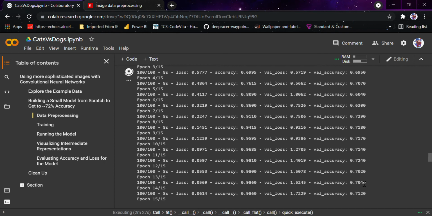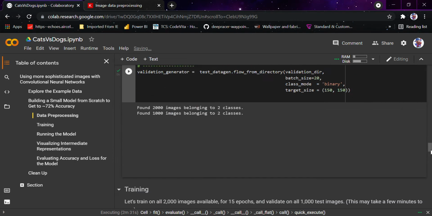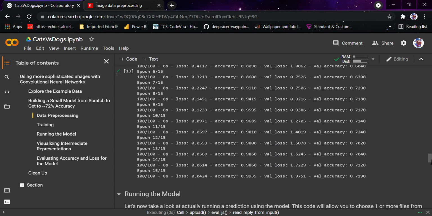It's not that bad, but we are doing this directly with the brute force method, only on the default methods, so this is expected. We have got around 72% validation accuracy and 99.35% accuracy on the training dataset.